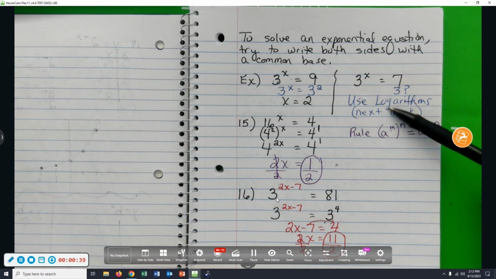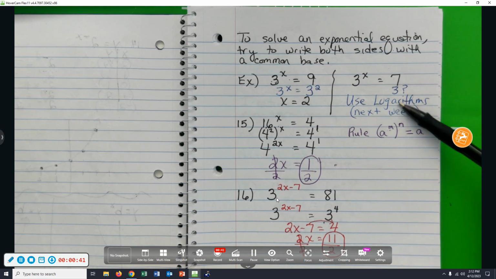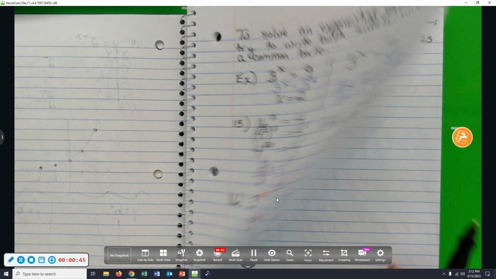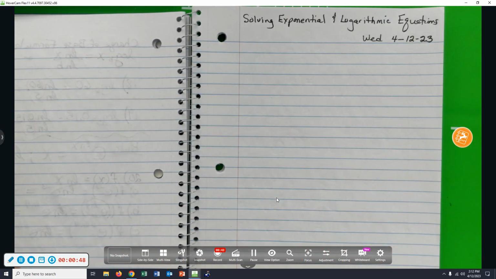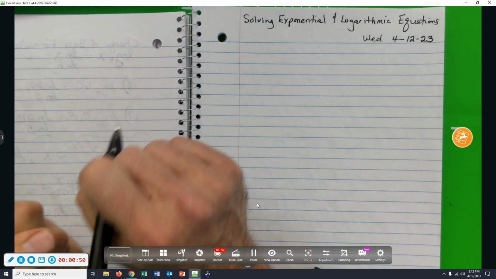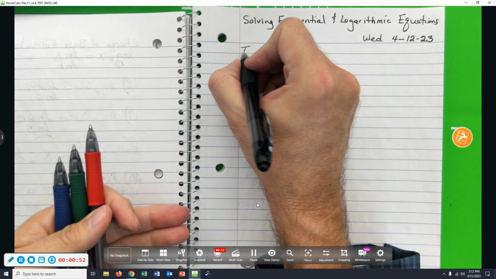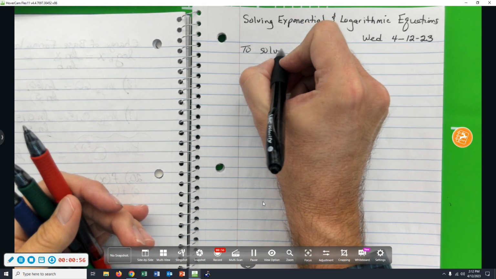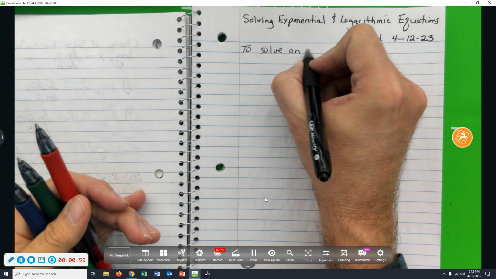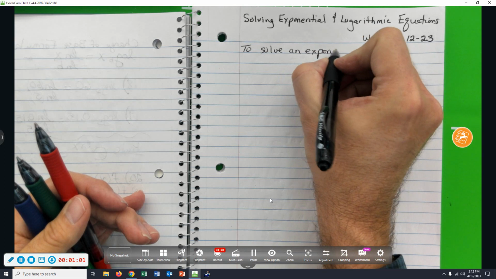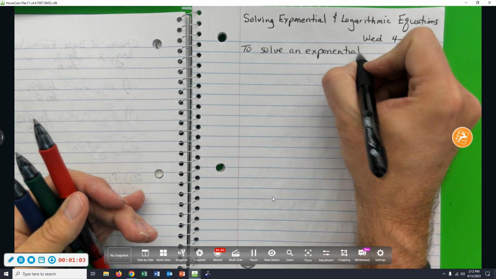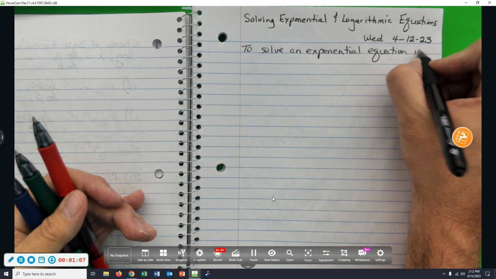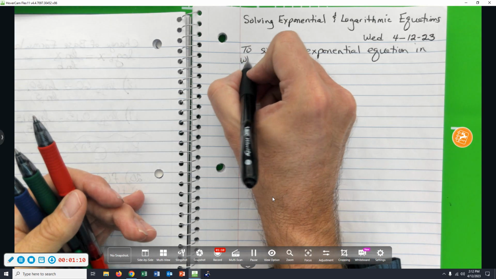I said that we'll use logarithms, and it's now next week. We're going to use logarithms to solve these. So the first thing we'll discuss is how to solve an exponential equation where there's not a common base. To solve an exponential equation in which there is no common base,